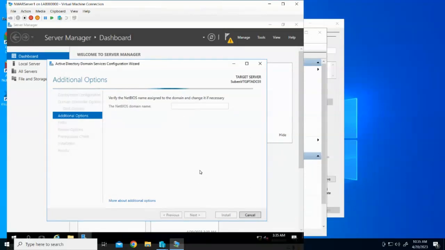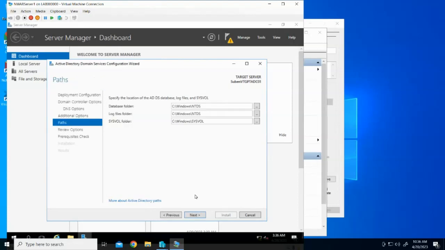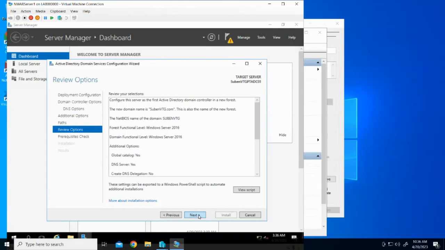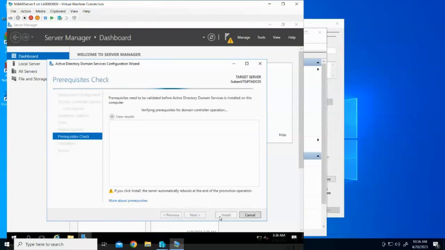It will fill in the NetBIOS name. I'll go next. I'll accept these folders. Go next. And